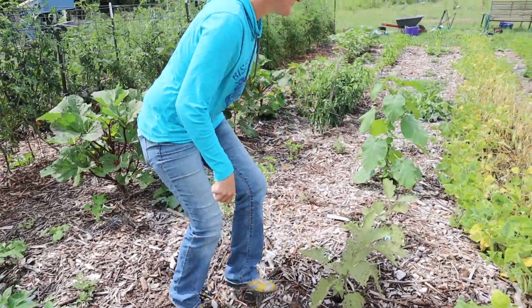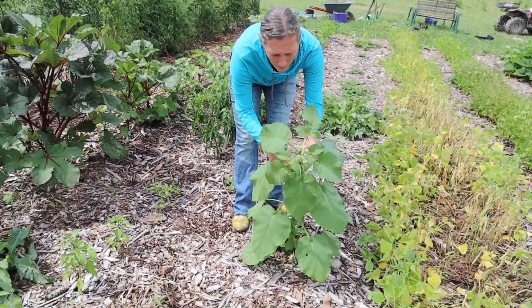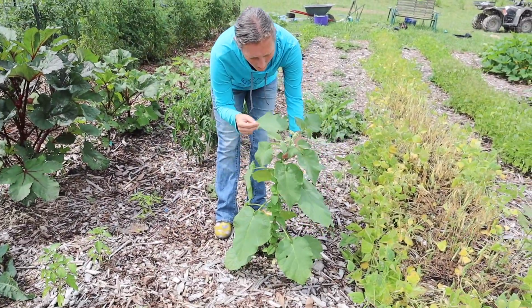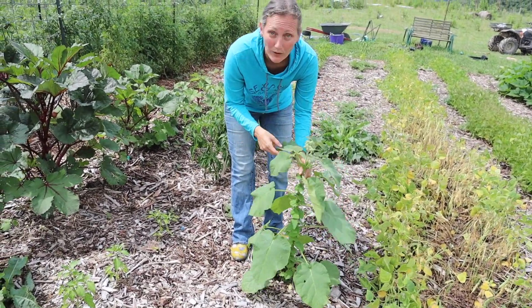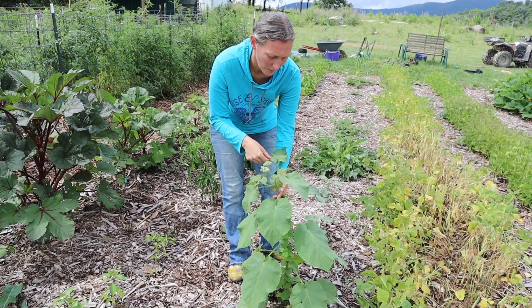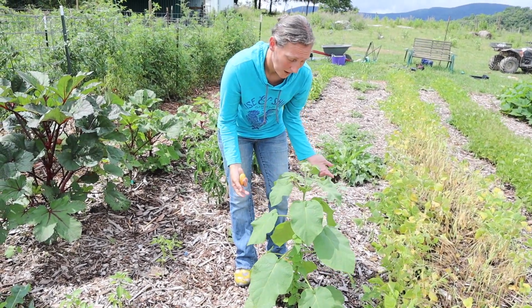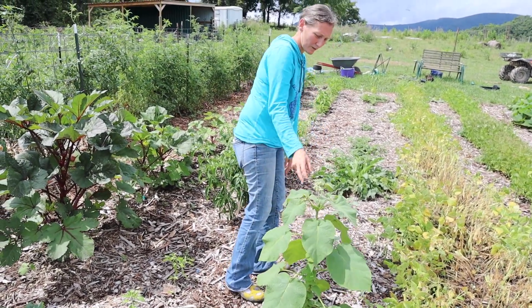And then this cool guy, it's called a Dwarf Tamarillo. And I've never grown it before, but I thought it looked cool. It's putting off flowers, so I will keep you posted on how they taste. But in a climate where you don't freeze, these will actually grow into a small tree. I thought they were really cool. We'll see. I actually have 3 of them, but this one's the biggest. Those aren't